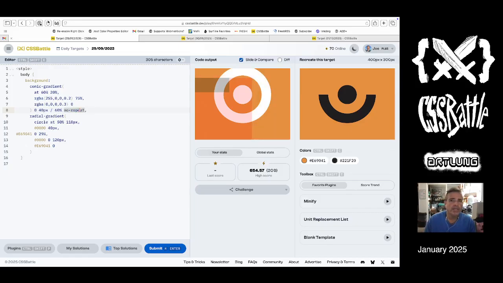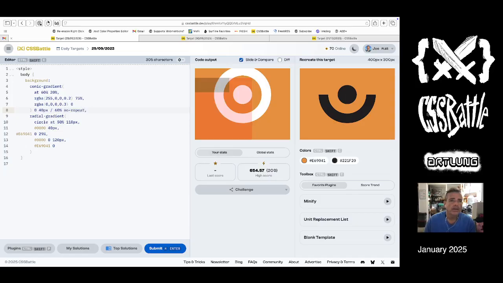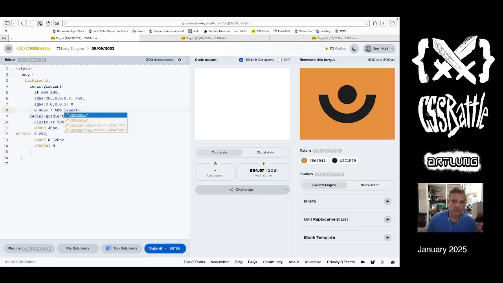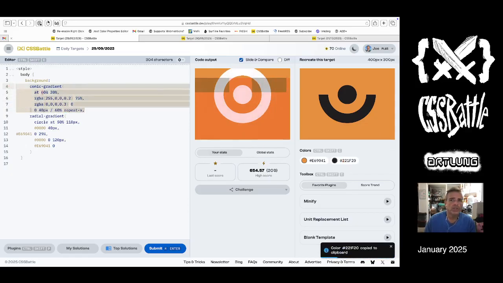Oh, and I need a repeat. So what am I doing there? This repeat is wrong. So I actually do need a repeat only on the x-axis. So is this overkill? Maybe. Let's find out. So let's swap out these values and move it to the bottom row and see if we're